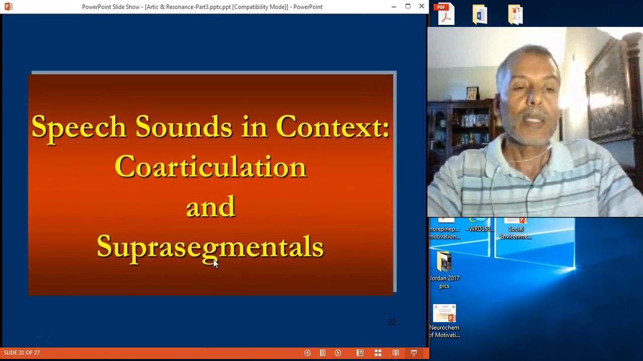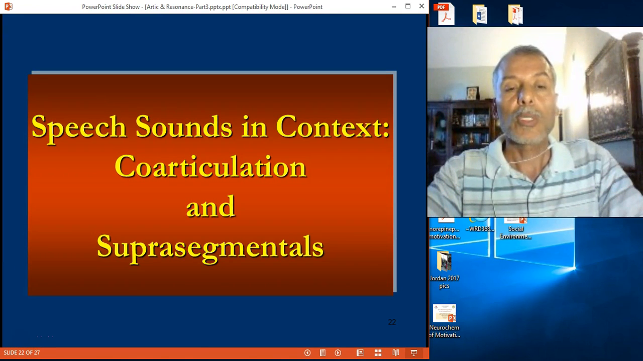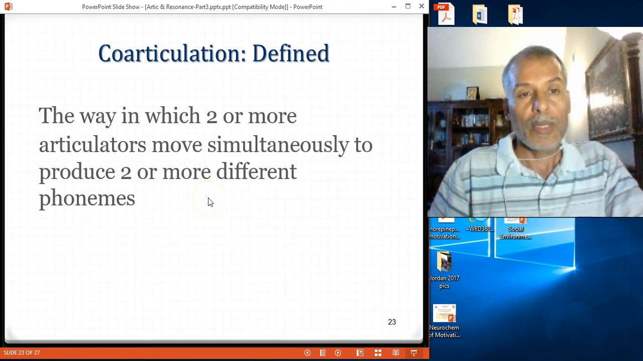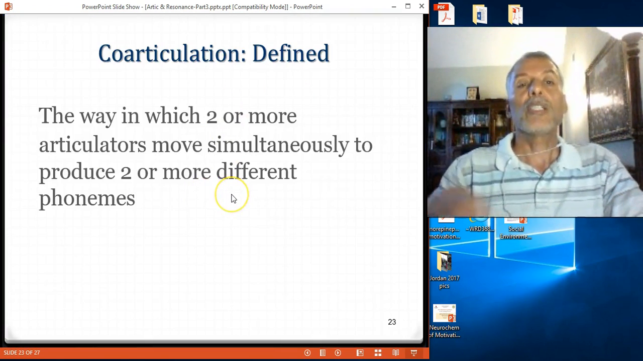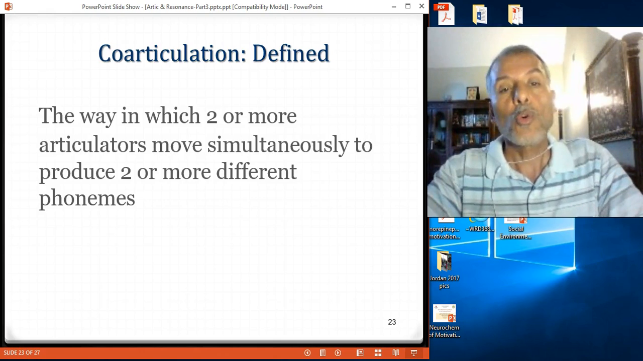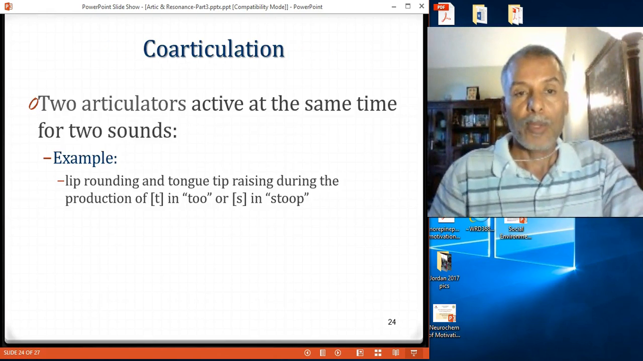Now let's look at the relationship between co-articulation and suprasegmentals. Co-articulation is defined as the way in which two or more articulators move spontaneously to produce two or more different phonemes together. For example,